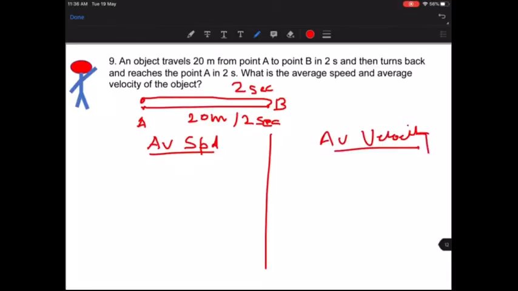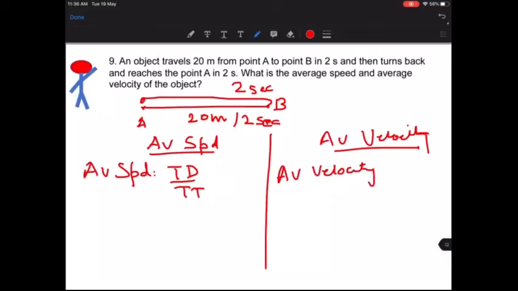Fine. So what is the formula for average speed? Just as you calculated, total distance upon total time. What is the formula for average velocity? We studied that average velocity is total displacement upon total time. Now here is the difference. It is total distance upon